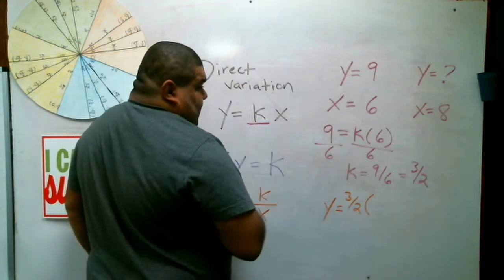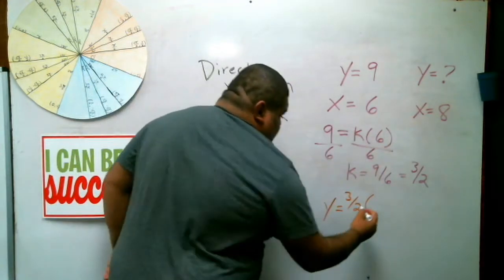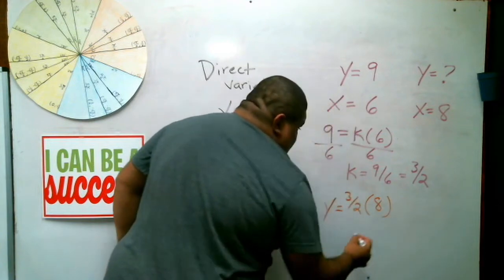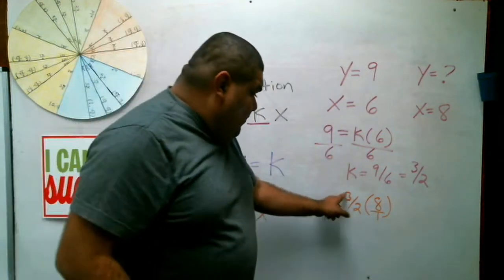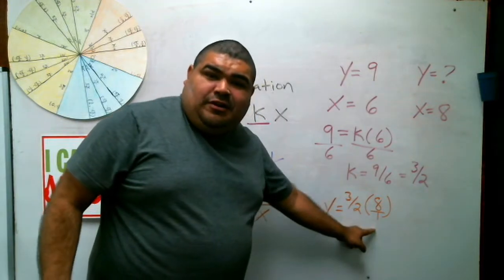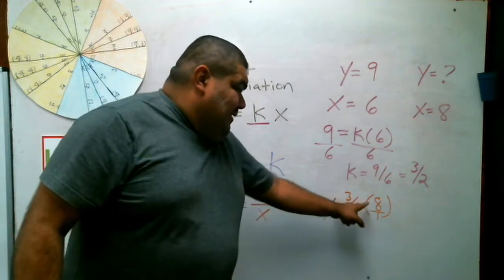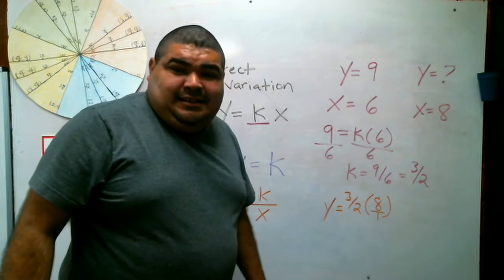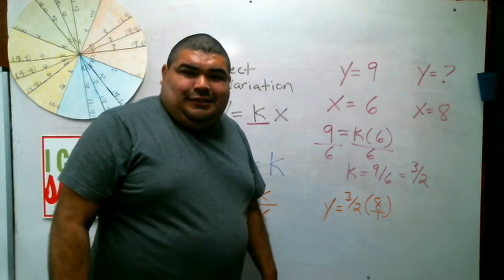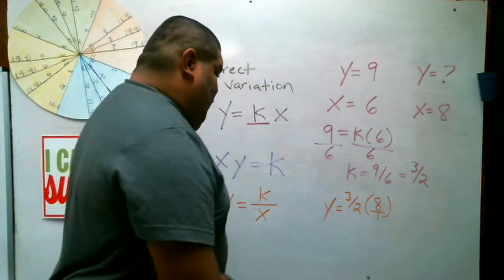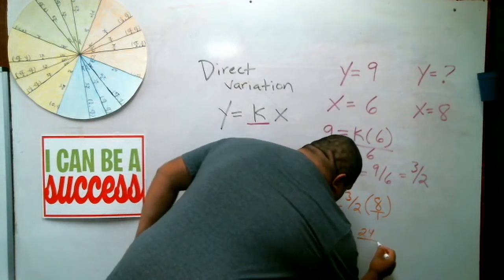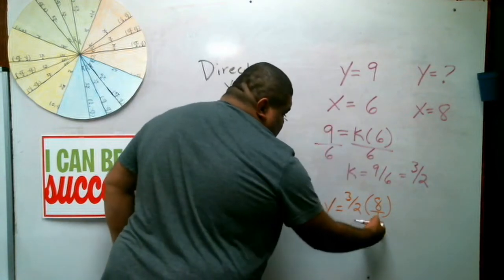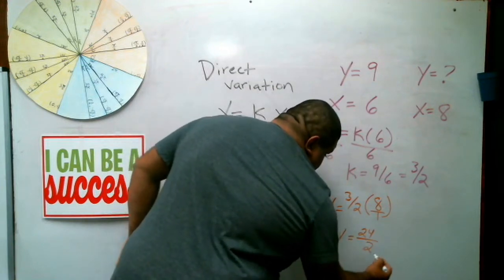We know what x is. It gives us an x, which is 8. Okay? I like to always make it into a fraction. Since the number we're going to deal with is a fraction, I always put a whole number under. So we have 3 times 8. Any hints? 24, right? So y equals 24 over 3, or 2 times 1 is 2, which if you reduce